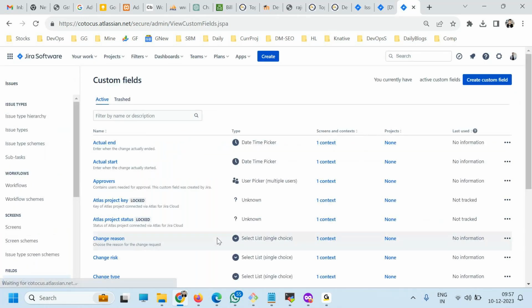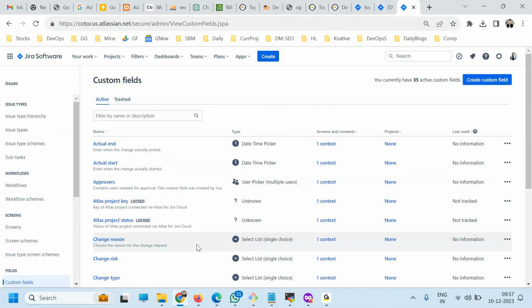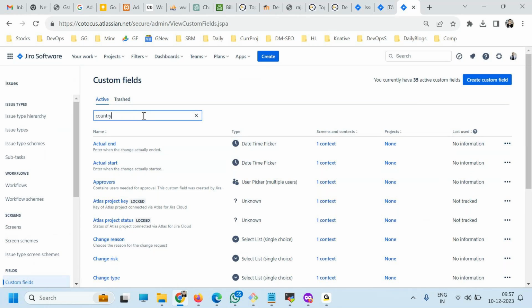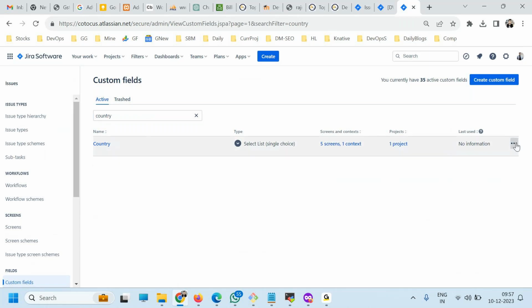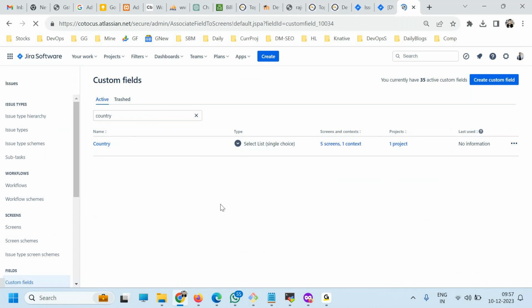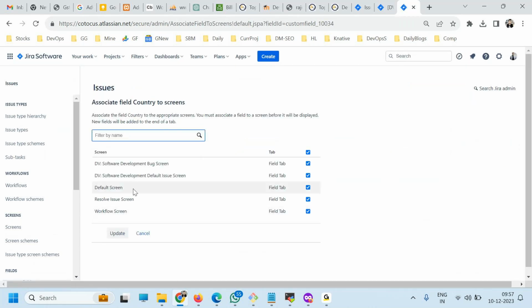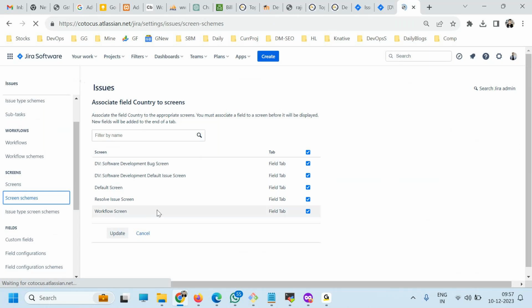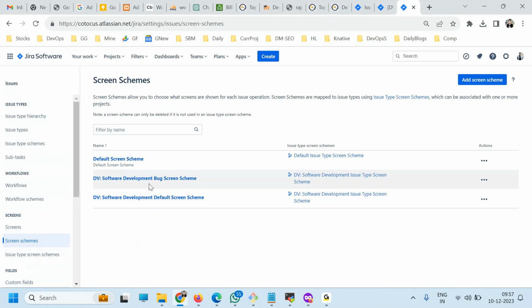So you have to go to country, and here I modify this one. This is already modified. Okay, yeah, so you have to go for this. So for this, you have to go to the schemes. Okay, and in this, you will find these two. You have to modify these two. Okay, so click on this,